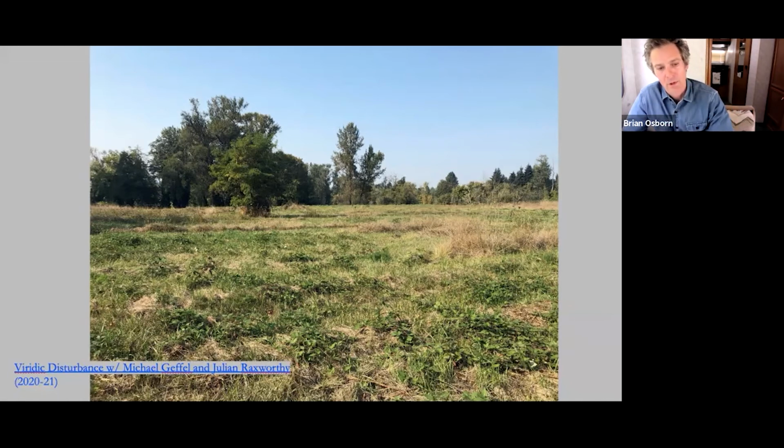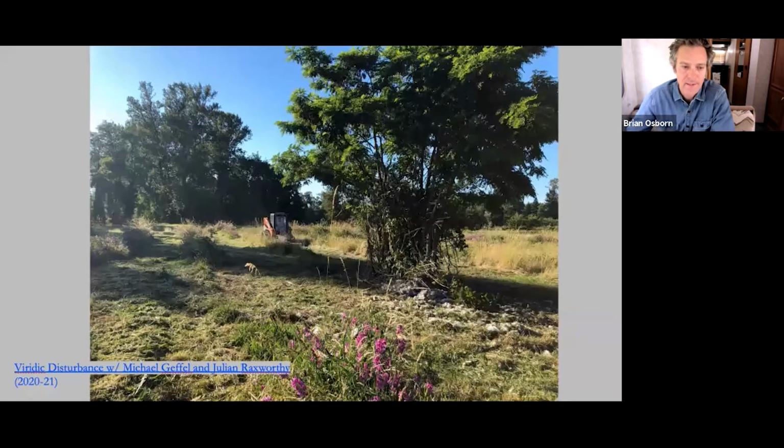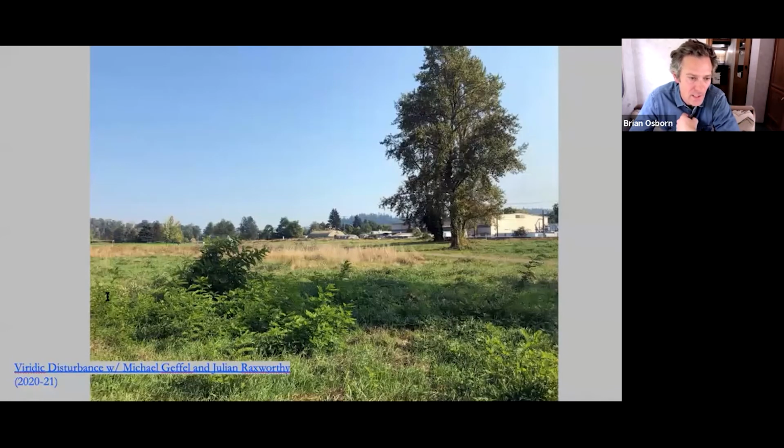And so what we're trying to do is to use the idea that the university is interested in the control of blackberry as cover for something that might be more. One thing that we're working on now is the relationship between the Robinia and the blackberry. I'm going to show you the locust at a younger stage. You can see here in the lower left a few saplings of Robinia visible.